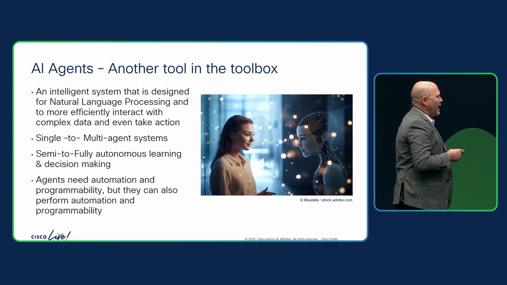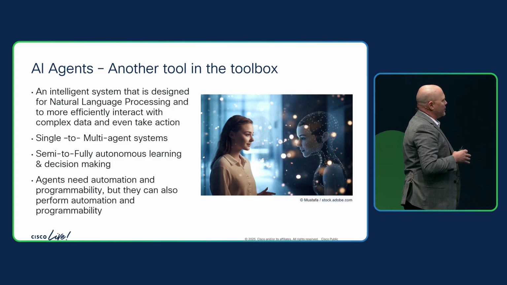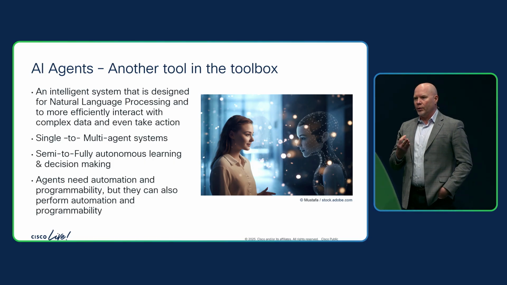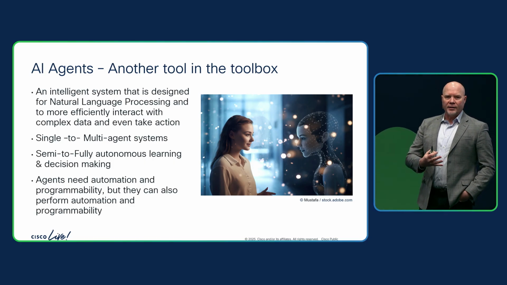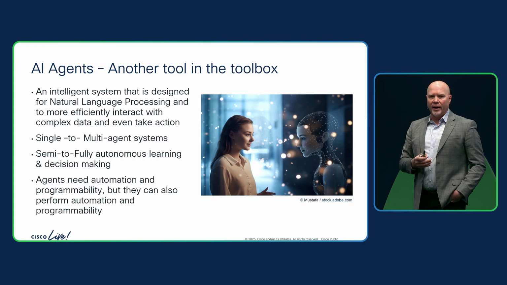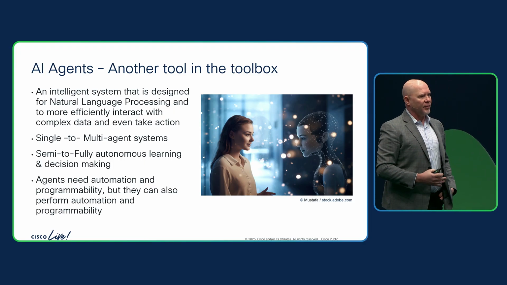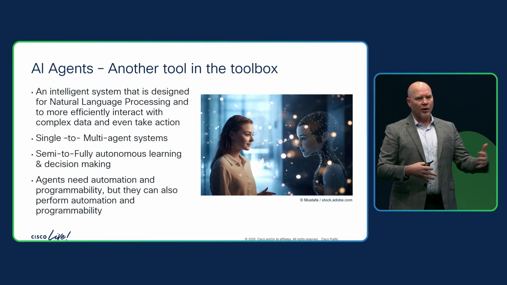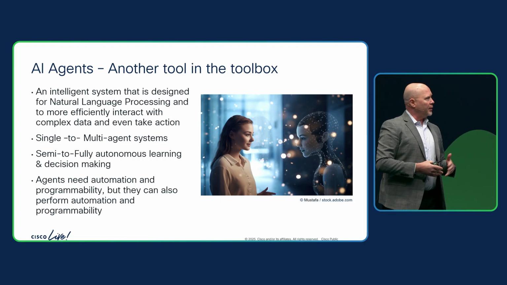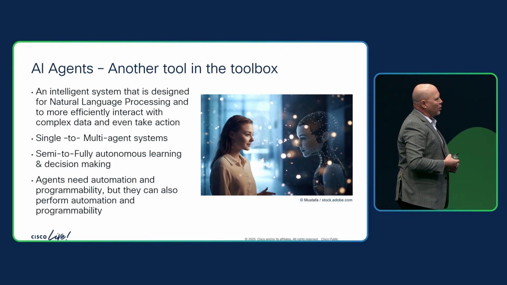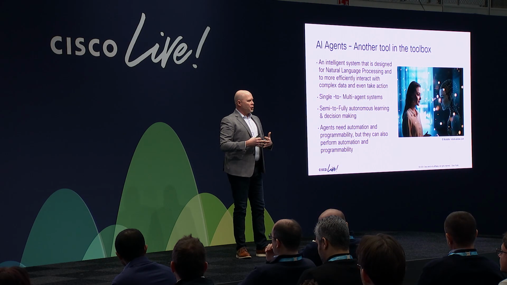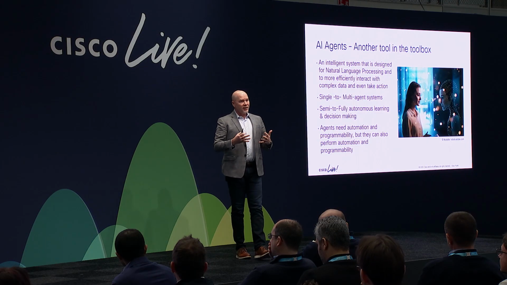So real quick, an AI agent, if you've not heard of one, is an intelligent system that is very often interacted with through natural language. This could be you typing in a chat interface similar to what we had in the demo. It could be you speaking to something. It's very much like an assistant that you have, like an Alexa or Siri type of assistant. But these agents are way, way smarter. They're a way for us to effectively and efficiently interact with extremely complex data to generate some sort of simplistic outcome.